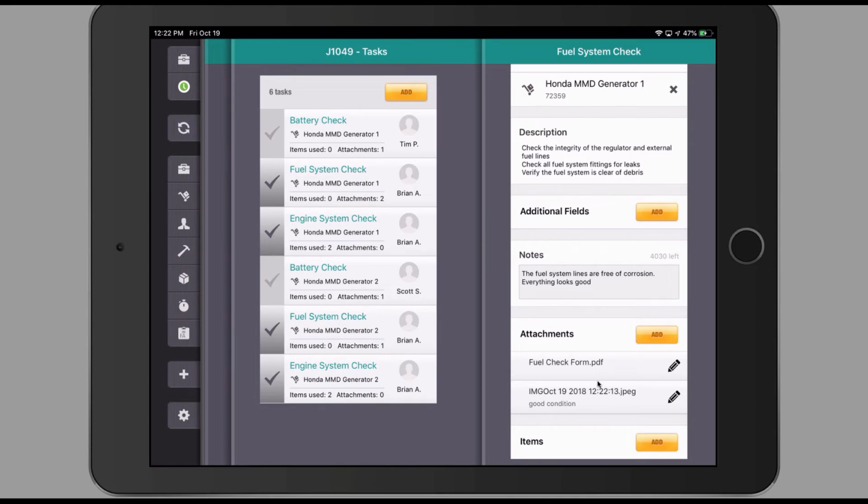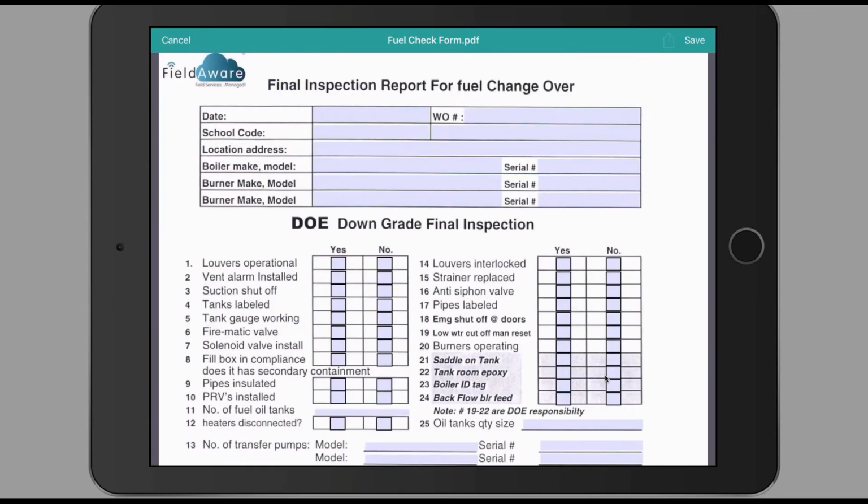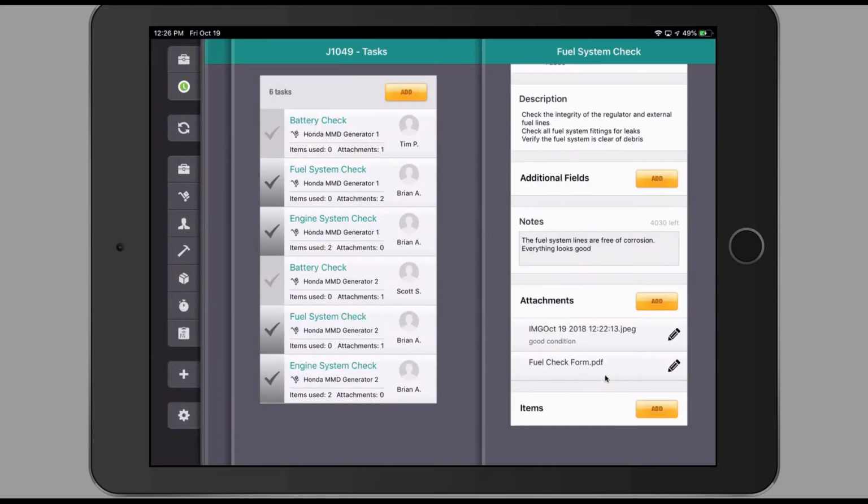This task also has a fuel check form that I need to complete. I'm going to open up this PDF form on the mobile device and edit any fields that are in the purple shade. Each photo can also have a watermark of when and where the photo was taken. Once the form has been filled out, we can close it out with a signature and hit Save in the top right corner. This form will synchronize in the background from the mobile device back to the web office, reducing time delays in retrieving paperwork